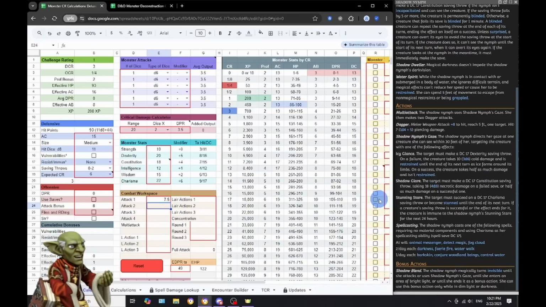So stunning is a bit of a defensive maneuver, and that would balance out the creature by reducing its offensive capabilities in theory. So while it is a good feature to stun, it's not fun for the players to be taken out of combat. So in theory, I'm just going to stick with probably Shadow Glare for now. So I'll put in the other two here, the Icy Glare and Icy Glance and the Shadow Glare, and